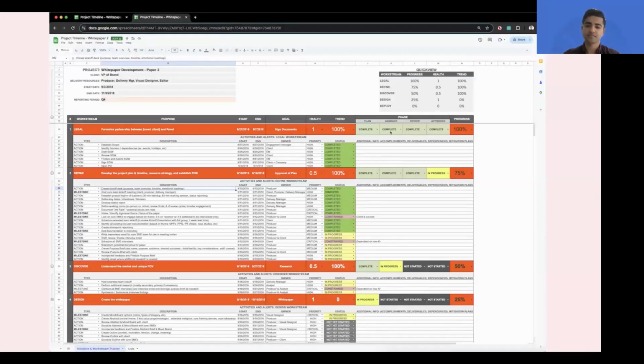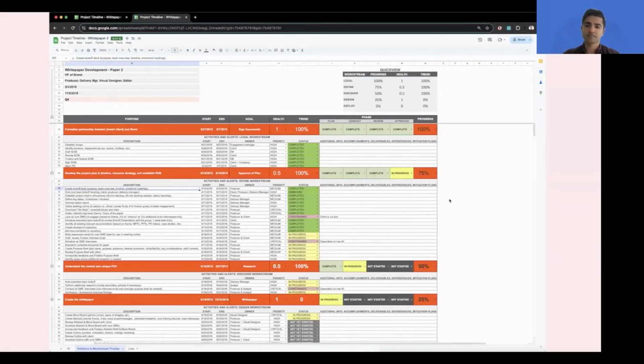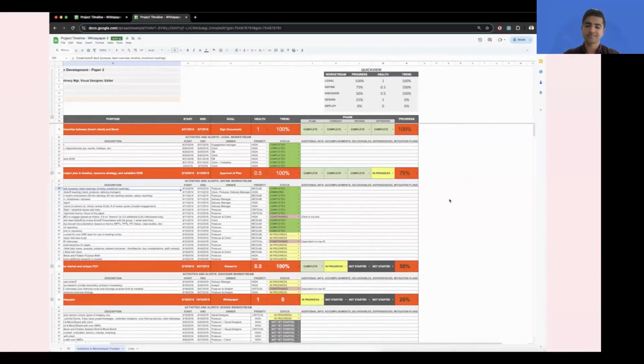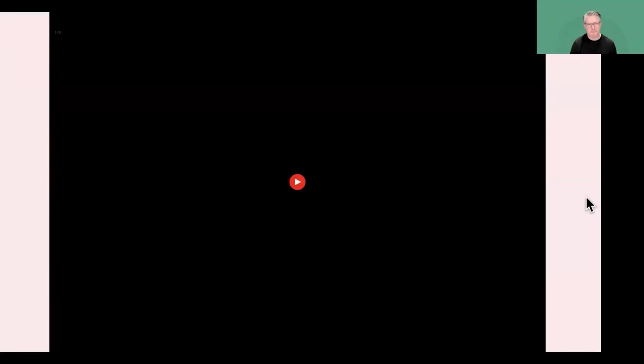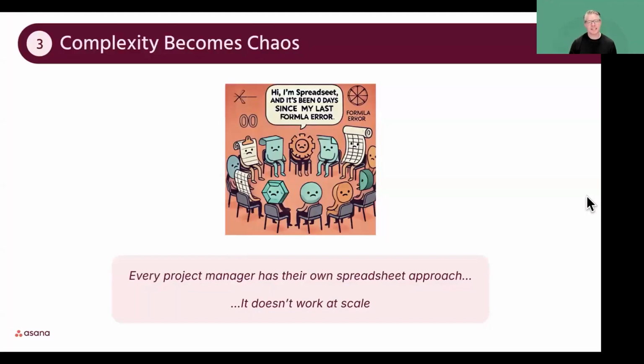I'm also not sure what these phases are in the work stream, or what a health of 1 or 0.5 means, or trend for that matter. And it looks like they didn't create a Gantt chart in their template. I guess I'll have to do that myself now. Time to set up a meeting. I hope they're available, as I need to get this report out by end of day. All right. Cool. Show us how Asana handles scaling complexity far more effectively.